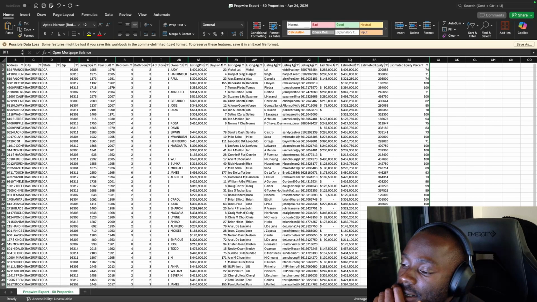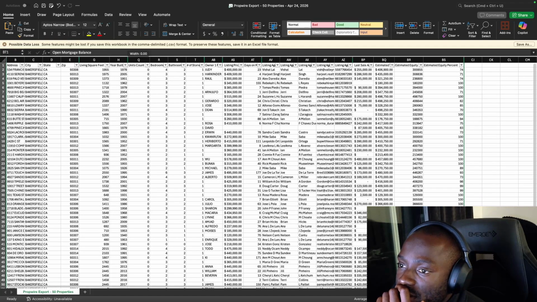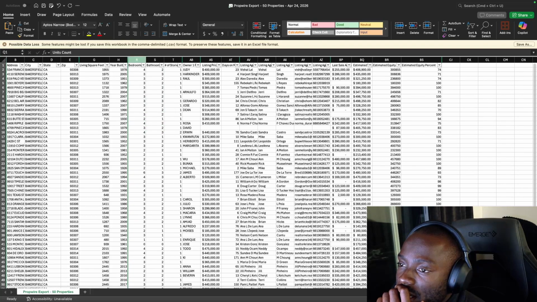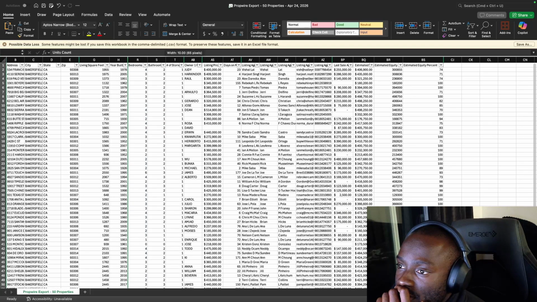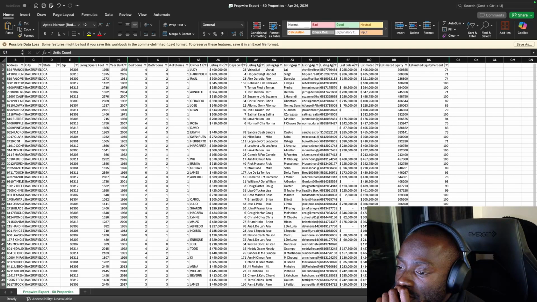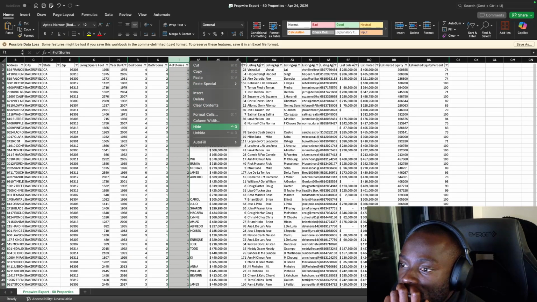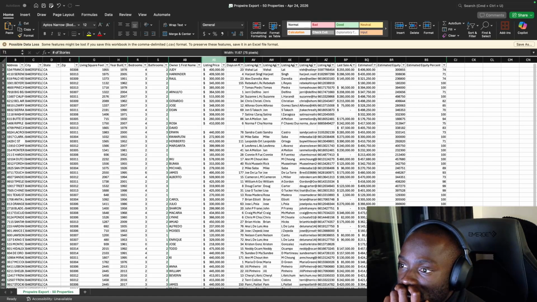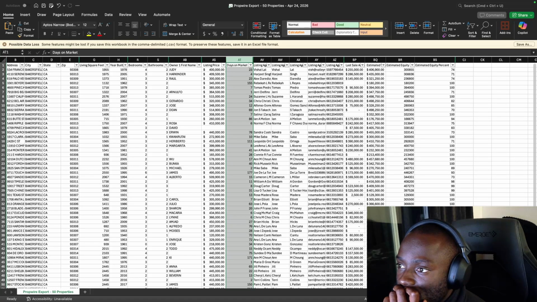So what do we have now? What we have now: the addresses, the square footage of the home, the year it was built. We don't need the unit count. Bedrooms, bathrooms, they're all one story. Some of them are two stories, but that's information that we can uncover from the seller to break the ice. Days on market, yeah, I guess we could.